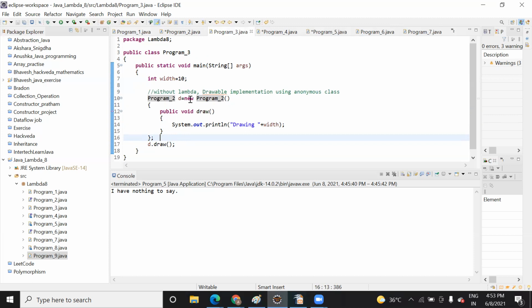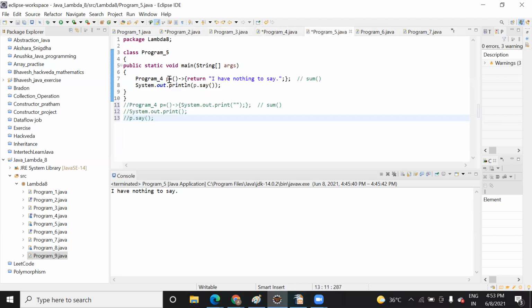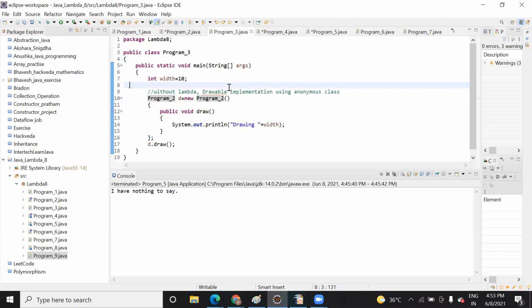For program 2, you write brackets, then an arrow, and then something like that. I can add it here also. I can write d equal to brackets and I can write one. The reason that I added it is because of that itself. So you have to eliminate this part, because of the brackets and the arrow.